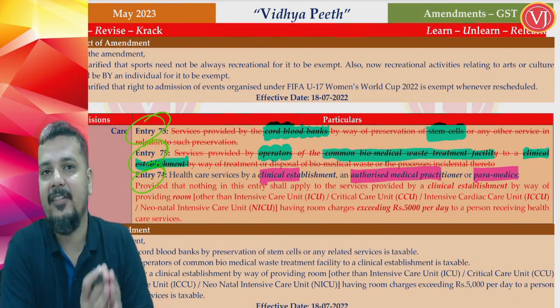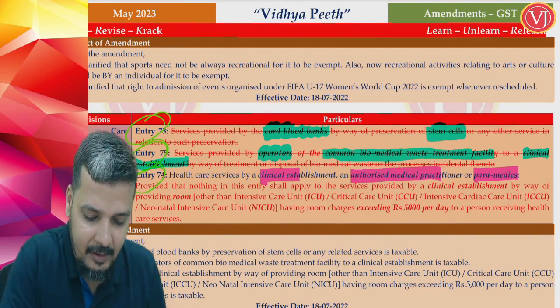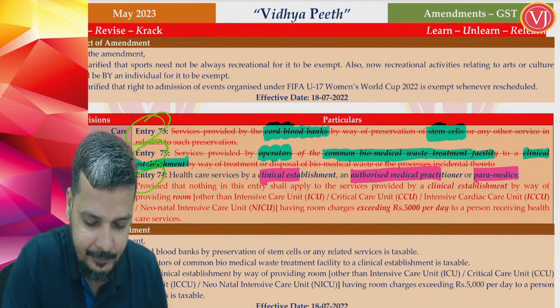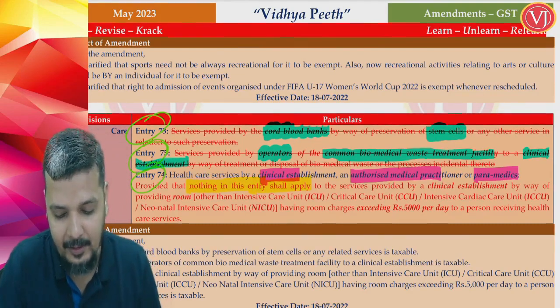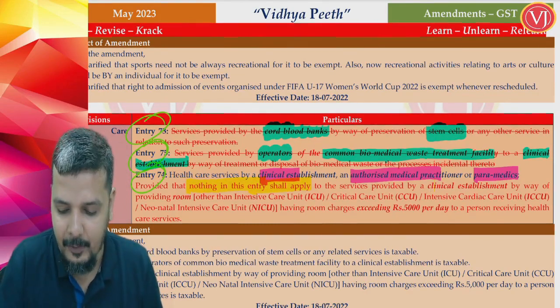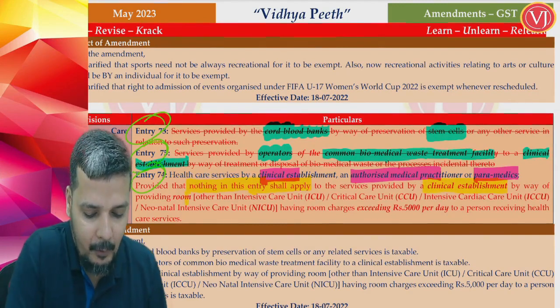Specifically for your clinical establishment, that is your hospitals, exemption will not be applicable, provided that nothing in this entry shall apply, which means the exemption shall not be there, if at all it is provided by a clinical establishment, which means your hospitals, by way of providing room,